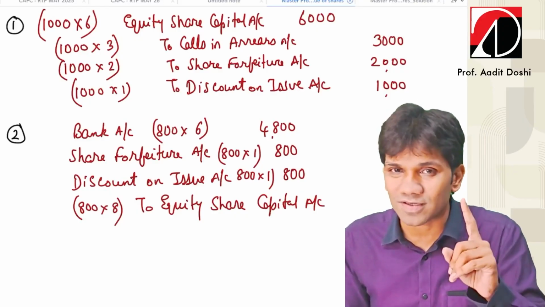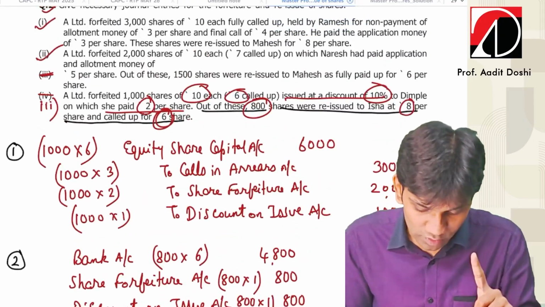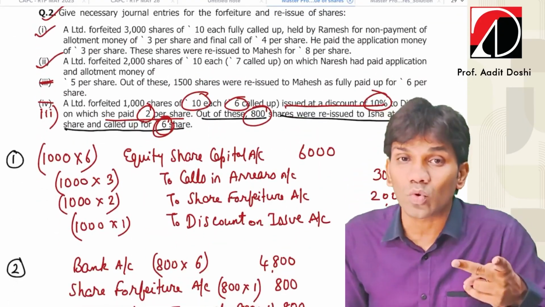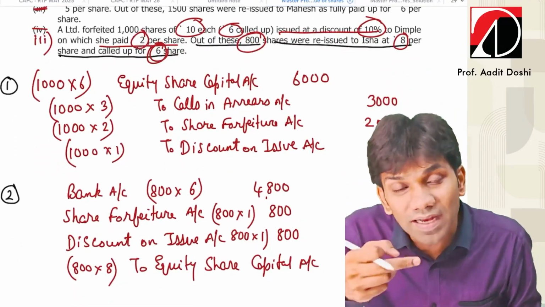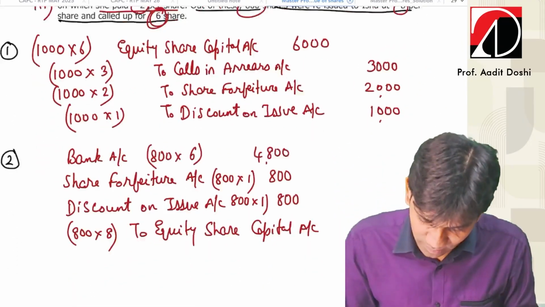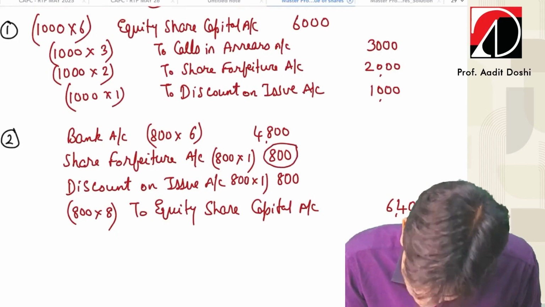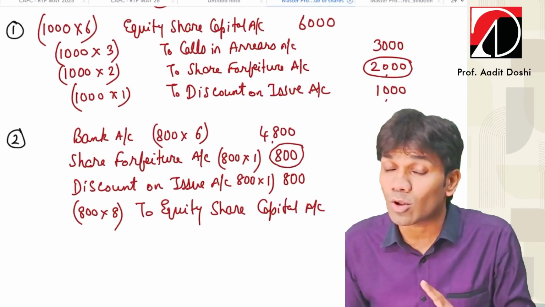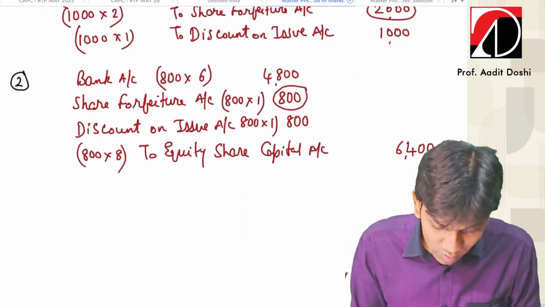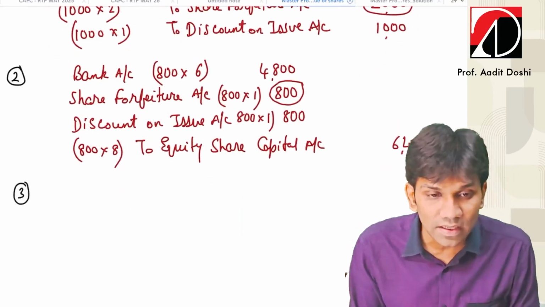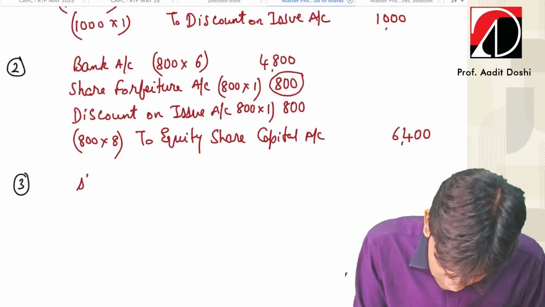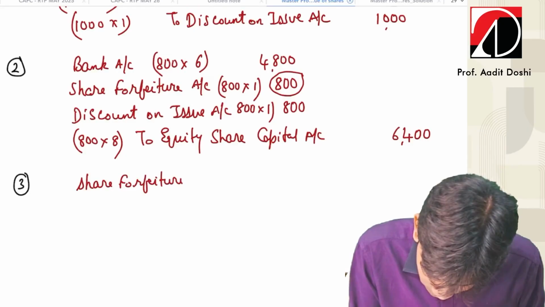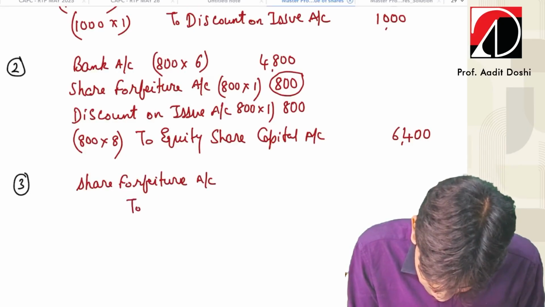कितना डिस्काउंट था? 10%. मतलब 1 रुपया डिस्काउंट हुआ, फेस वैल्यू पे डिस्काउंट होता है 10 का 10% 1. जब मैंने फॉरफिट किया तो डिस्काउंट रिवर्स कर दिया था, वही शेयर्स री इशू हो रहे, तो उतना लॉस डिस्काउंट में ही डेबिट होगा. बैलेंस लॉस शेयर फॉरफीचर या प्रॉफिट. आई होप इट इज वेरी वेरी क्लियर. बैलेंस लॉस शेयर फॉरफीचर, और जब भी फॉरफीचर होता है और रीइश होता है तो कैपिटल रिजर्व की एंट्री कंपलसरी बनती है. एंट्री विल बी शेयर फॉरफीचर अकाउंट डेबिट टू कैपिटल रिजर्व.